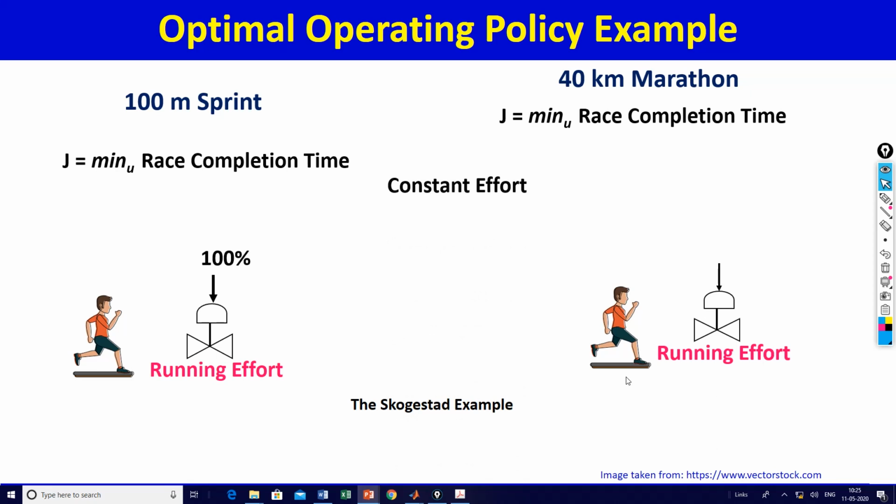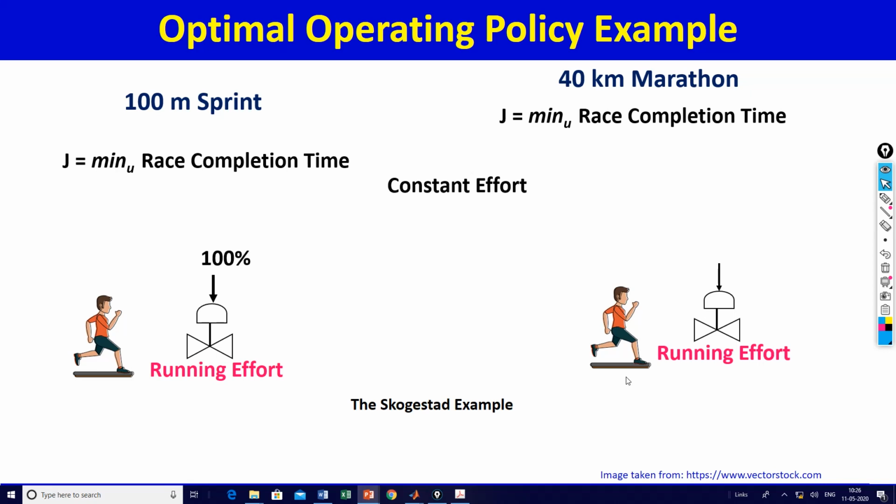Of course, you may say, okay, because it's a long race, I'm not going to put in 100% effort. I'll put in maybe 20% or 10% or 30% effort, and I'll keep my effort, or the force applied, constant at 30%. So a constant effort applied. You know that's not a great idea, because you can be running upwind, downwind, uphill, downhill, and initially 30% running effort and later on 30% running effort are two very different things.